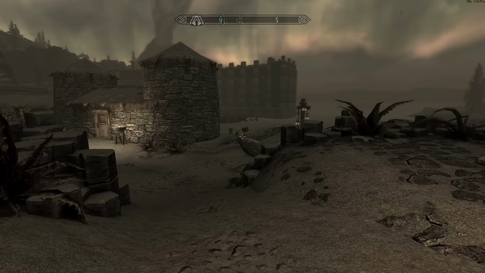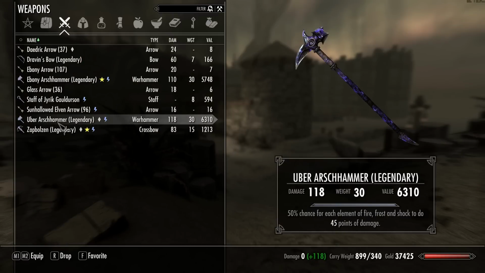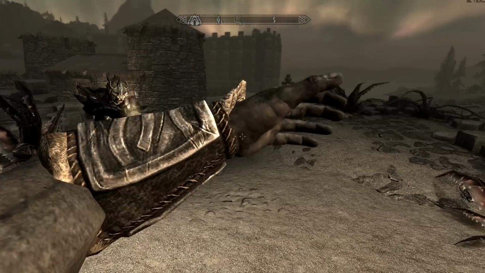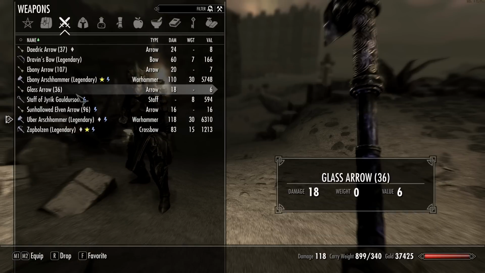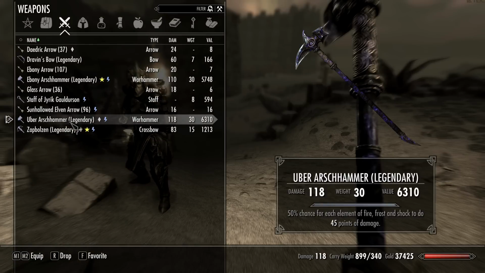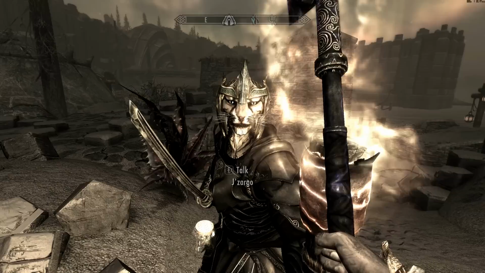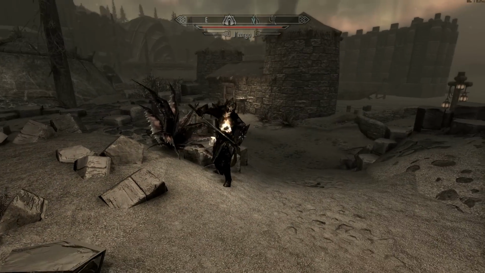And before we go into my house, why don't we test out the new Arschhammer? I already checked with Jazargo, and he's okay with me testing it out on him. And the reason is, but I can't seem to, there it is. Here's the Uber Arschhammer. So 50% chance of each element, fire, frost, and shock, to do 45 points of damage. So any of those three, sometimes two, and once in a while all three of them will cause extra damage. So we'll just hit him now and just see what happens. Okay, don't worry. There, see, like that time he got hit by frost, and he didn't like that, but we